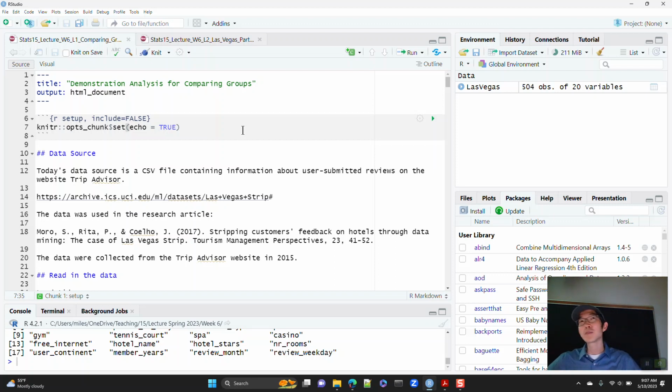I met with a few groups yesterday, and some interesting data sets. And again, anytime I meet with a group, I will just ask a bunch of questions. Did you think about this, or do you have all the data you need, things like that. What do certain variables mean? It's just to help you start thinking critically about your data sets.